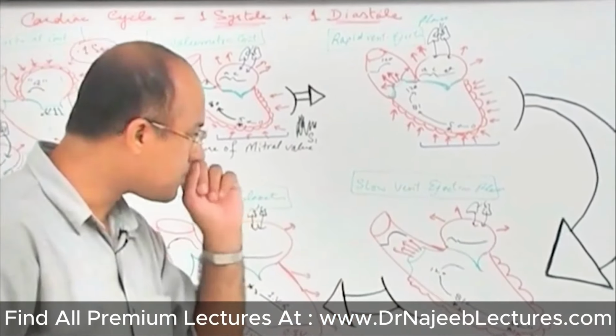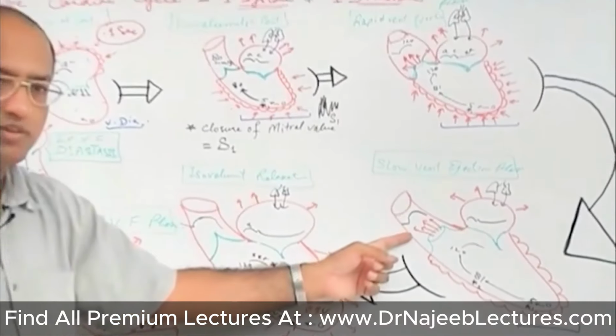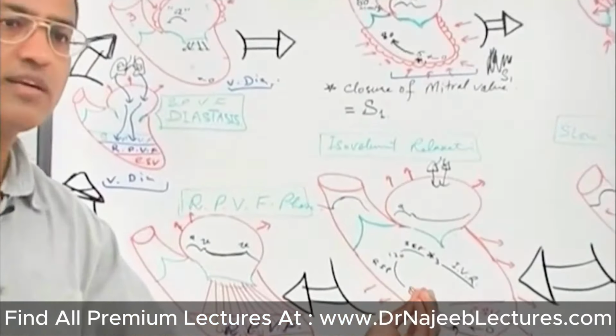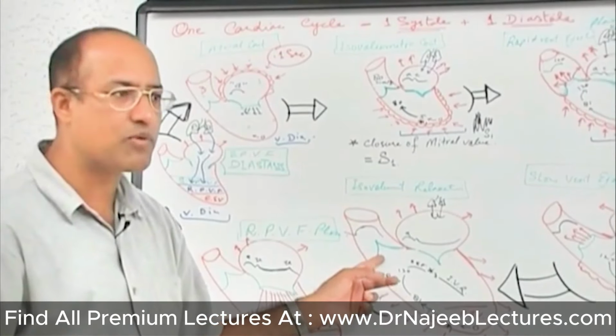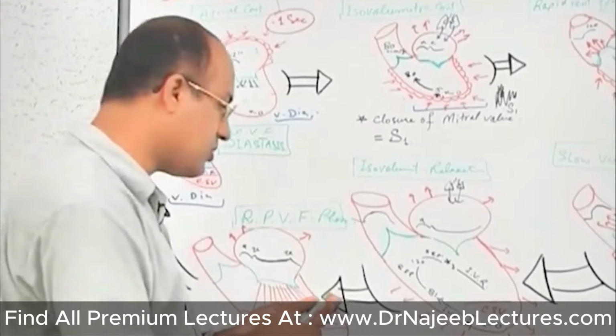Then in the next stage, in rapid ejection phase, again there is no sound. In slow ejection phase, also, in both phases no sound. Then left ventricular diastole starts. When left ventricle starts relaxing and intraventricular pressure rapidly drops, and blood in the aorta tries to come back, it closes which valve? Aortic valve. And actually on the left side of the heart, aortic valve closes, and on the right side of the heart, pulmonary valve closes, and closure of the aortic valve and pulmonary valve produces a sound which is called,